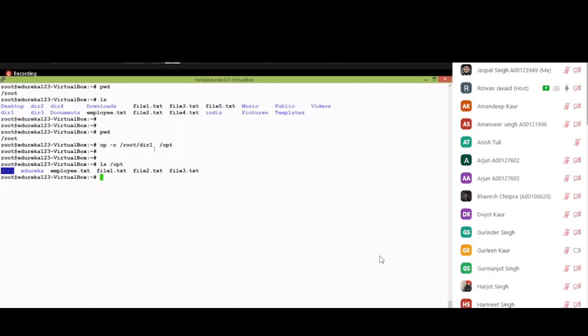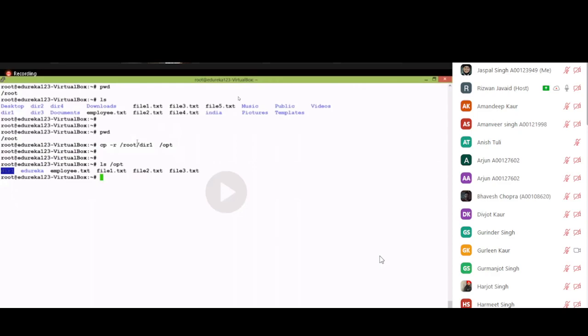You can give it some name. The same here: if I want to copy a directory, what additional option do I have to write? Hyphen r. So the copy command knows now I'm going to copy a directory. If you don't use it, it might give you an error.